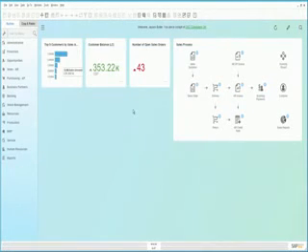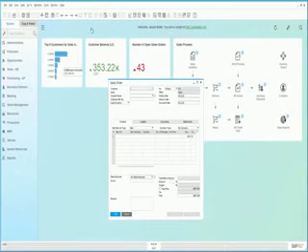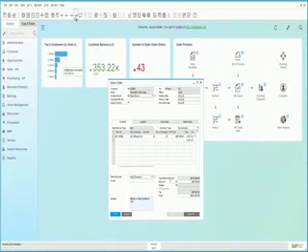So here in my cockpit, I've got several dashboards and a KPI. I have my top 5 customers by sales amount. I also have my customer balance, and I also have an indication of the number of open sales orders. If I select an open sales order and I copy this order to an AR invoice, for example,